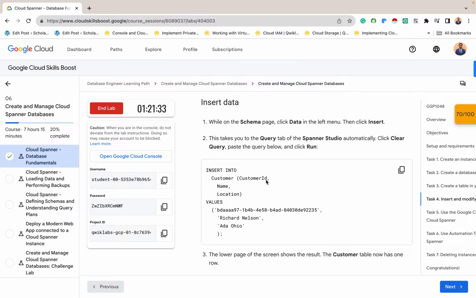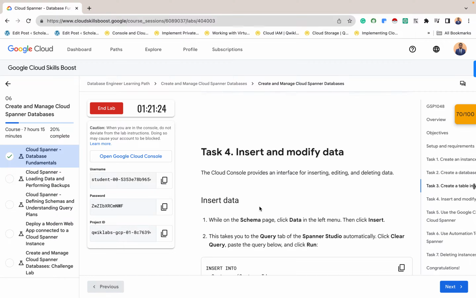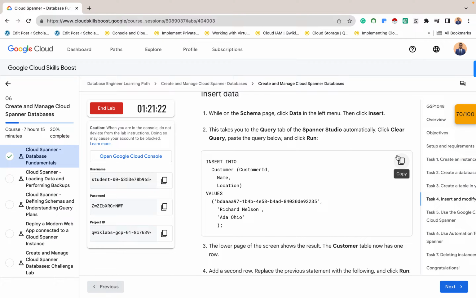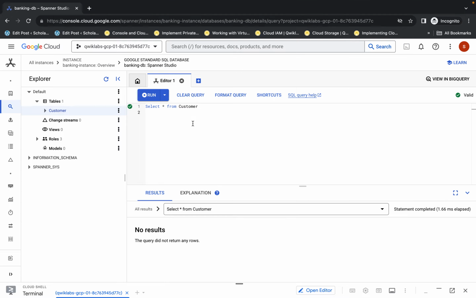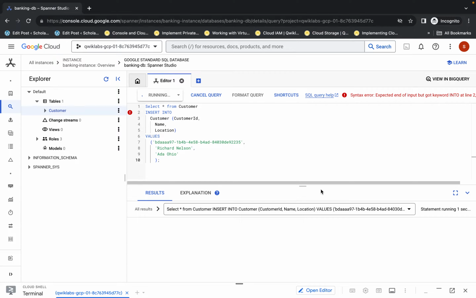So look at this customer ID. It's 36 string. When we were setting the schemas, we input 36. So if it's more than 36, it's going to throw an error. Copy this, go back to our editor, paste this here, and click run. When you click run, it's going to